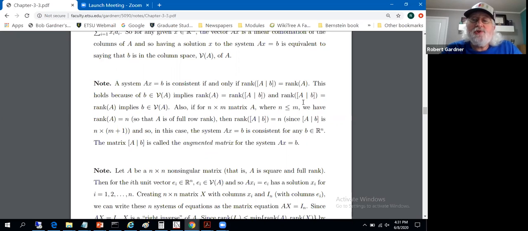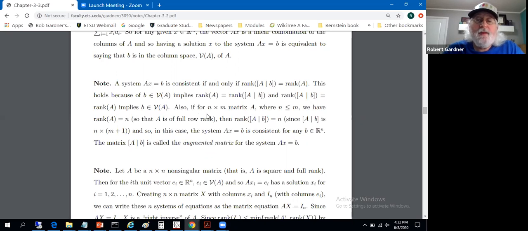If we get this relationship, rank of A augmented with B equals the rank of A, then that means that the dimension of the column space of A augmented with B is the same as the dimension of the column space of A alone. So vector B isn't contributing anything new in terms of dimensions. And so B itself must actually be in the column space of A. B is an element of the column space. So AX equals B,